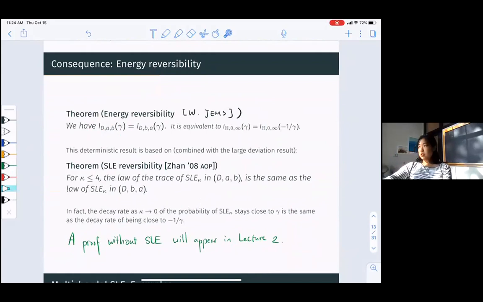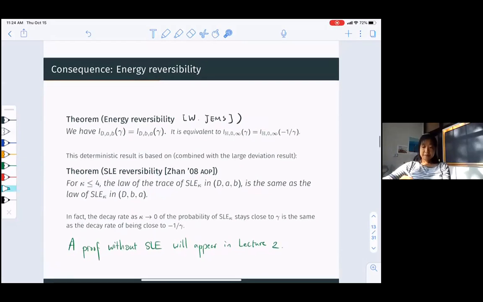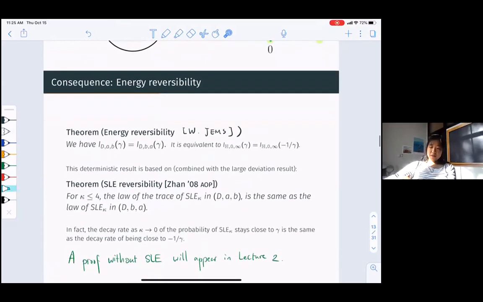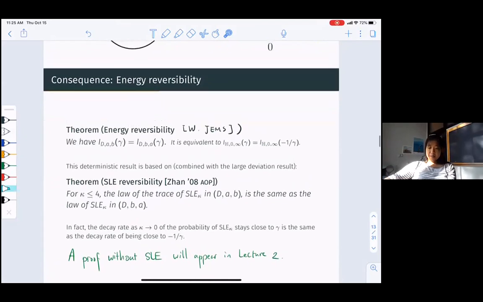If you think about it, the driving function is defined in a very directional way, and there's no simple reason to compare the driving function of gamma and the reversed gamma. However, this is still a deterministic result. It's just about the Dirichlet energy of two functions being equal. And using the interpretation with SLE and also the very strong result about SLE reversibility by Chen,